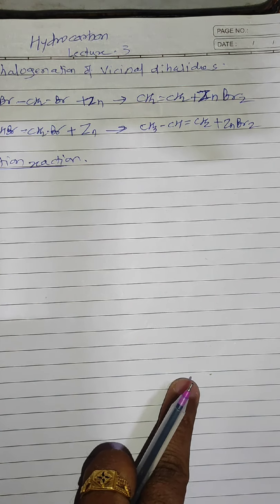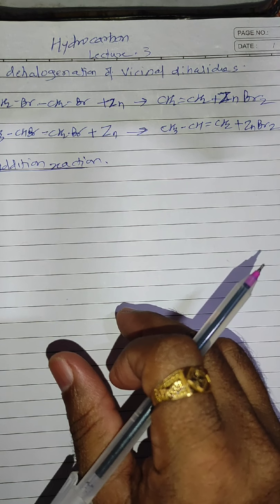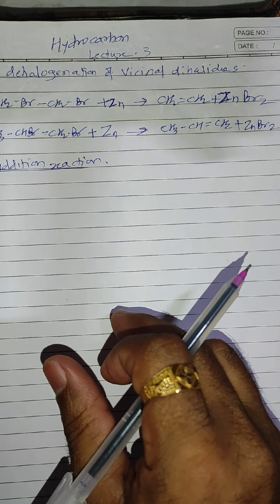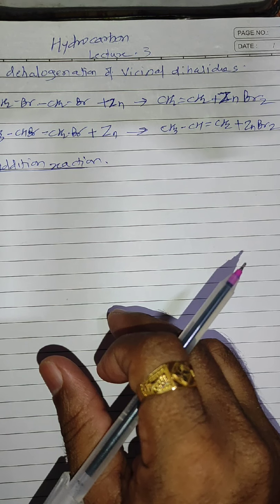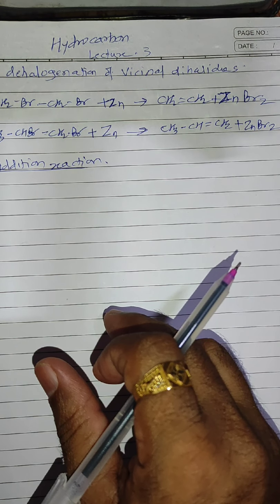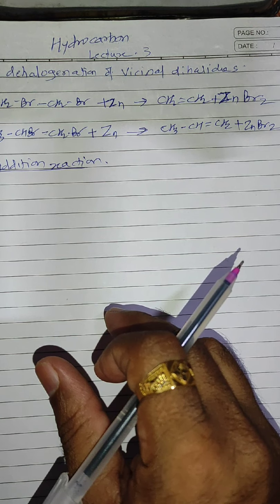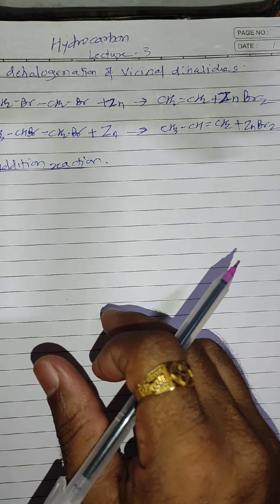Addition reaction by partial reduction of alkynes. On controlled hydrogenation of alkynes, the triple bond of the alkyne can be partially reduced to an alkene, to form a double bond, with a calculated quantity of dihydrogen in presence of Lindlar's catalyst, that is palladized charcoal partially deactivated with quinoline or a sulfur compound. The cis isomer is obtained by this method.